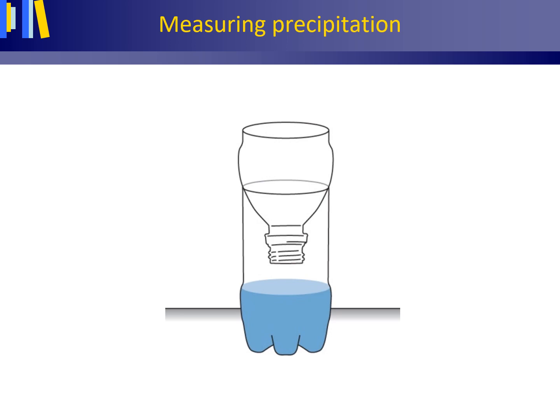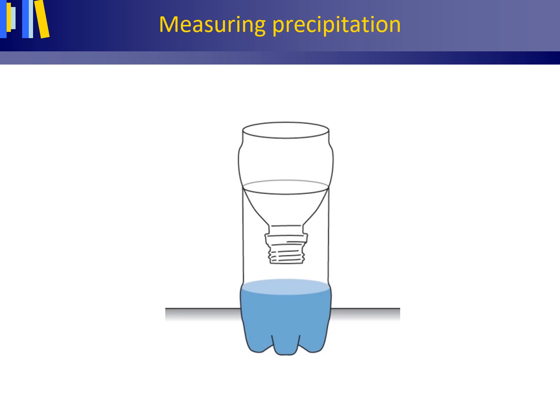To determine the rainfall depth, proceed as follows. Determine the radius of the orifice in centimeters. The radius is half the diameter. Determine the surface area of catch of the orifice in squared centimeters. This equals pi times the radius of the orifice squared, with pi being 3.141, etc. Empty the bottle after a rainfall event or at fixed time intervals, and measure the volume of rainfall